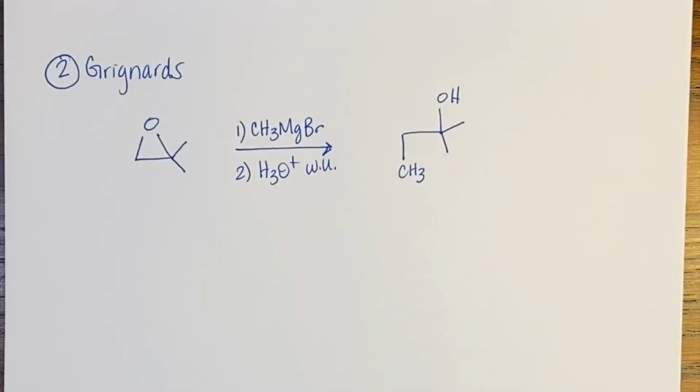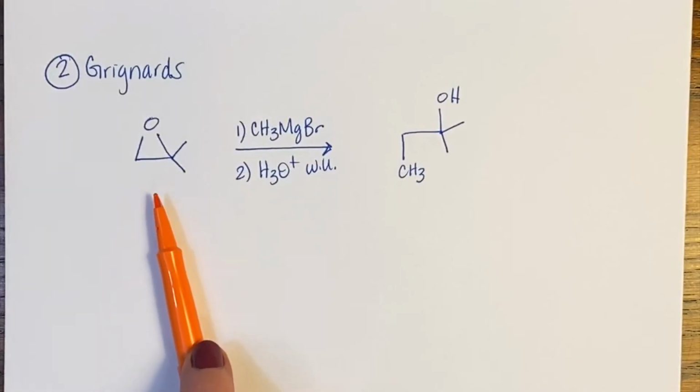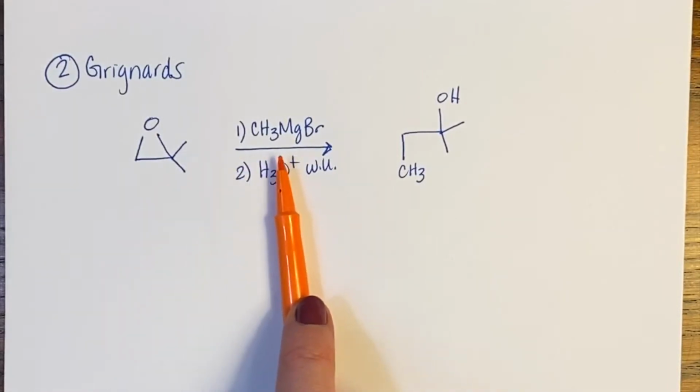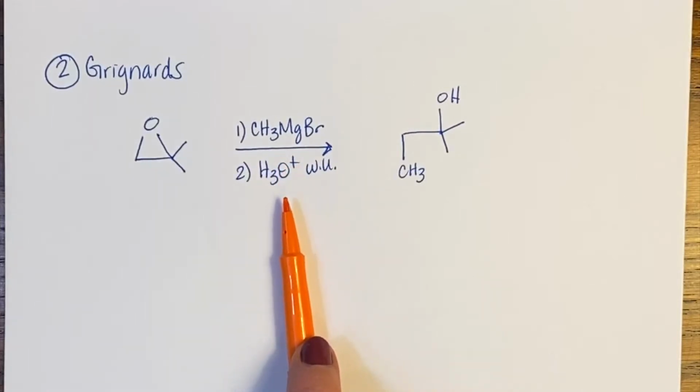Our next reaction is with Grignards, and this is going to be one of the most useful carbon-carbon bond forming reactions that we cover for ketones and aldehydes. Now, we previously looked at the reaction of Grignards with epoxides. If we had an epoxide that underwent a reaction with methyl magnesium bromide followed by an acid workup, this is